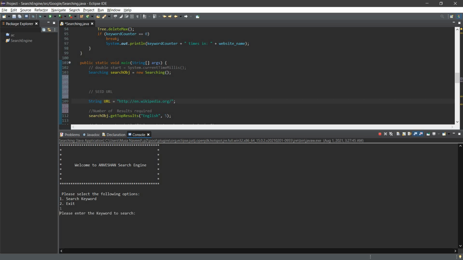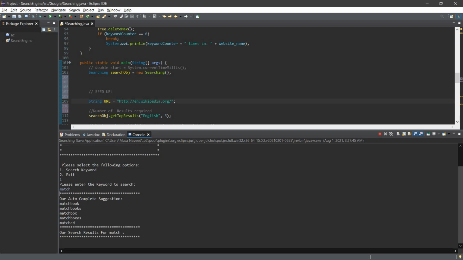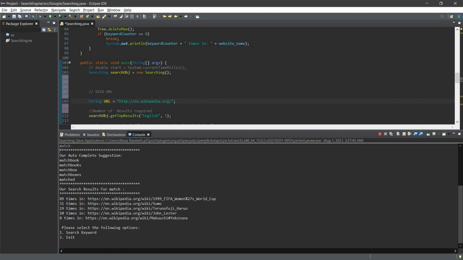In the beginning, I'll show you an example of suggestion, basically auto completion. Since we don't have a GUI, it won't be at runtime and it will be shown once I enter the word. So I'll enter an example word, match, and it shows us multiple options that we could have chosen: matchbook, matchbooks, matchbox, matchboxes, and matched.